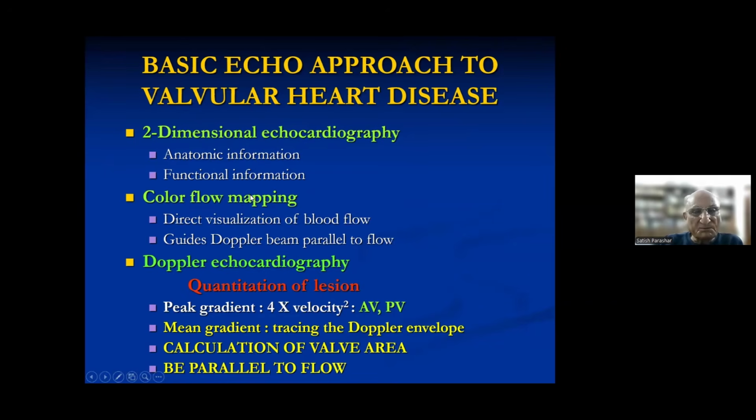So after this we come to color flow mapping, because in any Doppler we have to be parallel to the flow. By now you must know that in a Doppler the main prerequisite is that you have to be as parallel to the flow as possible. And when you see a color, you can always say which side the blood is going, and then you can put your Doppler beam. And this we'll discuss sometime. But every time we have been stressing that be parallel to the flow and take the help of color. That is why we do this sequence in all these cases.